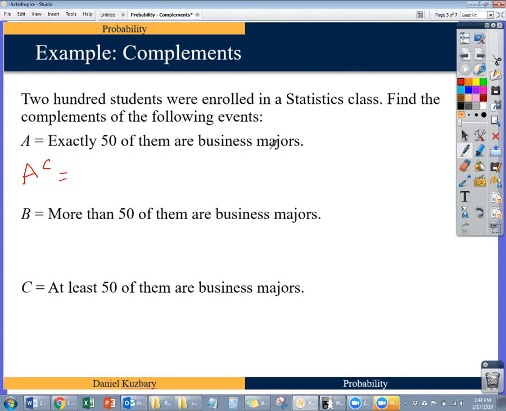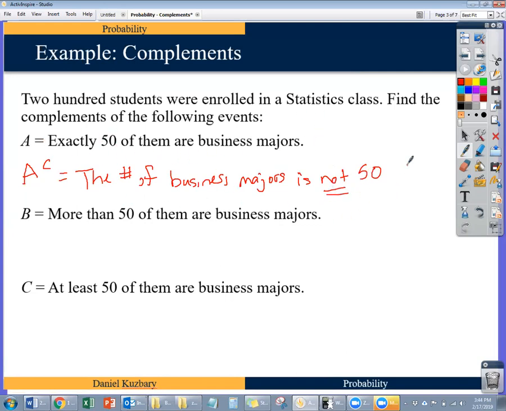In other words, there aren't exactly 50 of them that are business majors. So maybe I could say the number of business majors